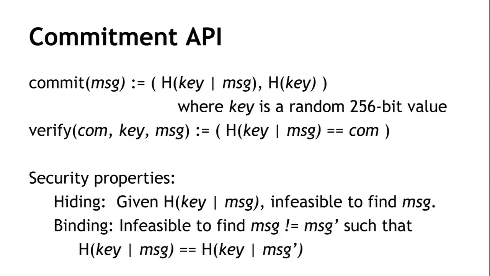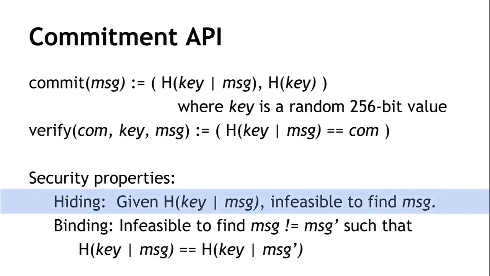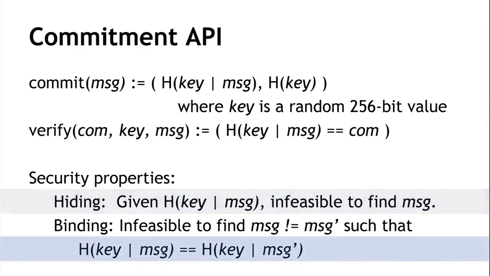So now the security properties, if we go down to the security properties that were at the bottom of the previous slide, and we just plug in the definitions of how we're going to implement this here, that is, this used to say given COM, infeasible to find message, we just plug in what COM is. COM is the hash of key concatenated with message. And similarly down here, this is what happens when we take what was written there before and plug in the definition of verify and COM. Okay, so now what these properties become, the first one is given H of key concatenated with message, it's infeasible to find